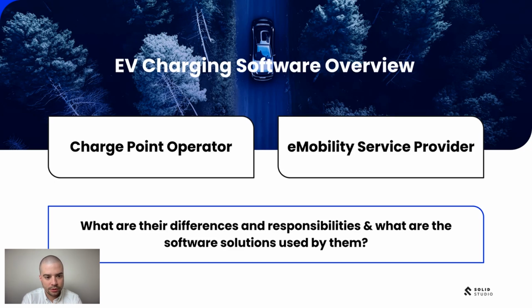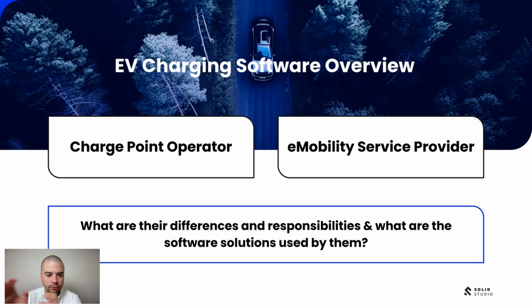They're installing, leasing, or buying the land and making sure that the chargers are available for the EV drivers, who are handled and managed by the eMobility service providers. So this is the entity that is more focused on B2C and allowing EV drivers to charge on the network managed by the CPOs.